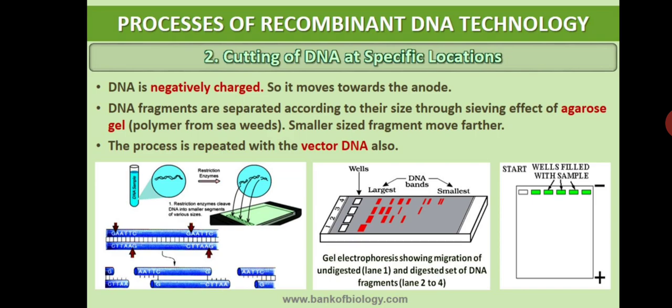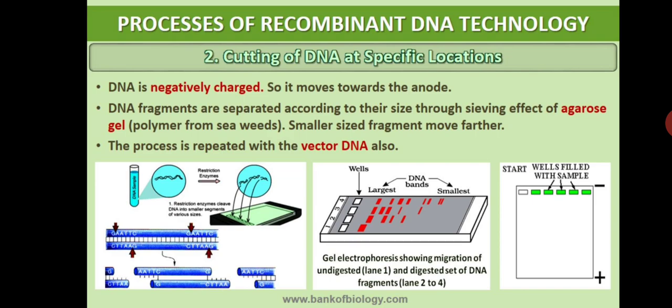Negatively charged molecules are moved towards the anode and positively charged molecules are moved towards the cathode, like this. Here, in the opposite direction they can be moved. We know that DNA fragments are negatively charged molecules. Therefore, when you put them into the gel and pass the electric current, you can see that the negatively charged DNA molecules start moving towards the anode. Understood? This particular principle is involved in gel electrophoresis. We know that DNA is negatively charged, so it moves towards the anode.